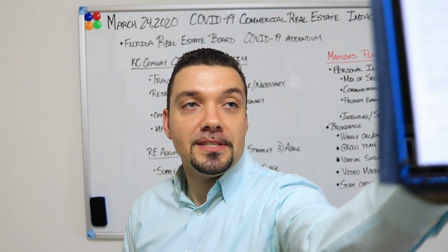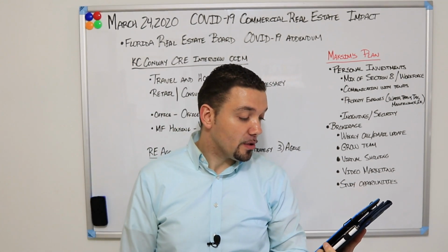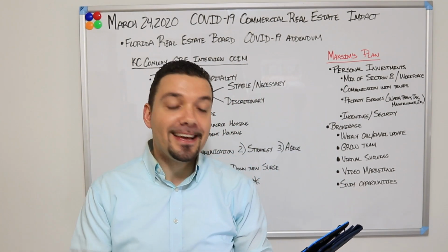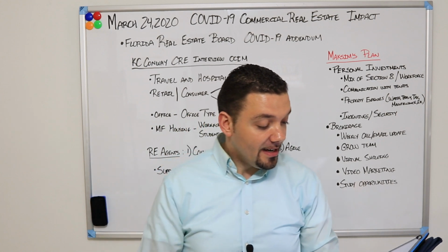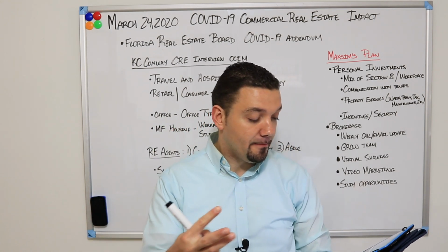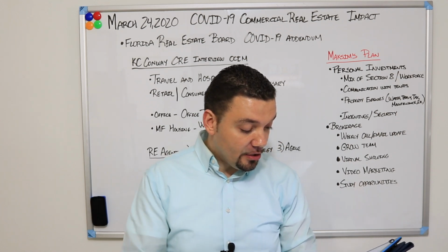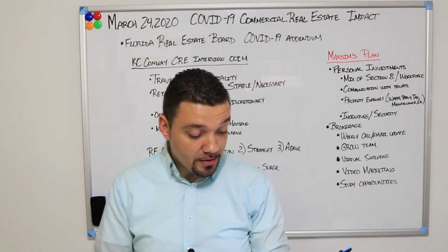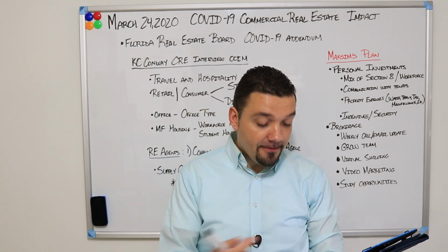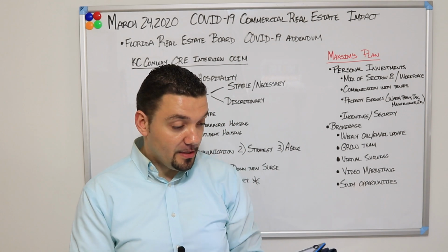So there you see it. Extension to contract. So there's multiple clauses in here. First, it's like any other extension, right? You could extend your closing date, your financing period, your inspection period, your title period, your feasibility study, your due diligence, homeowners condominium associations, if you're doing some sort of residential deal,